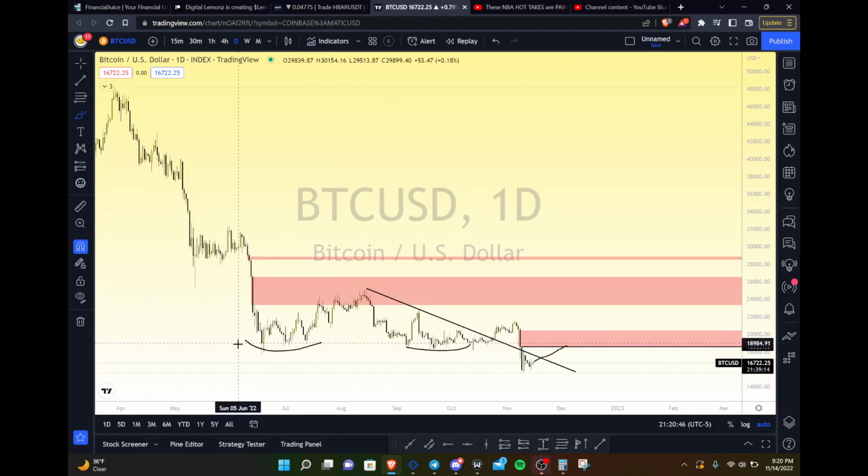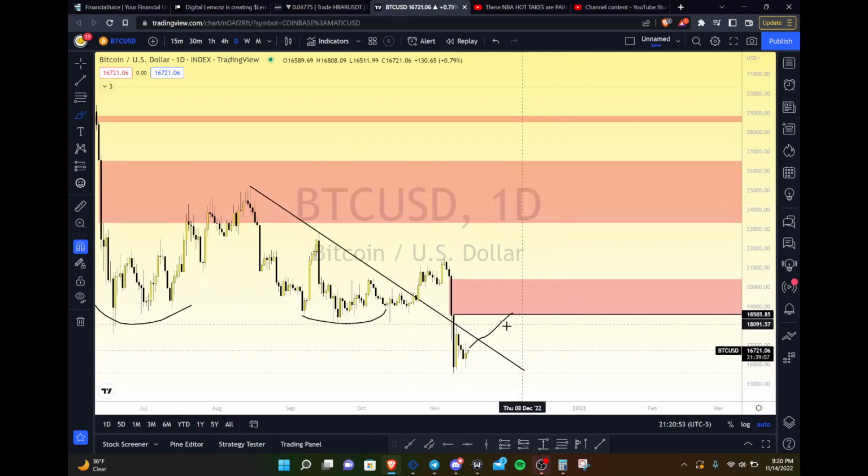So the bottom side of this level here, where all the wicks are kind of hitting down here, is the bottom side of this fair value gap. So watch for this level. You could see price fail off of here, of course, but if we do have a weakening dollar and we don't get any major bearish news out of some of these exchanges or DeFi platforms or whatever, then we may actually see a little bit more upside because of a weakening dollar,